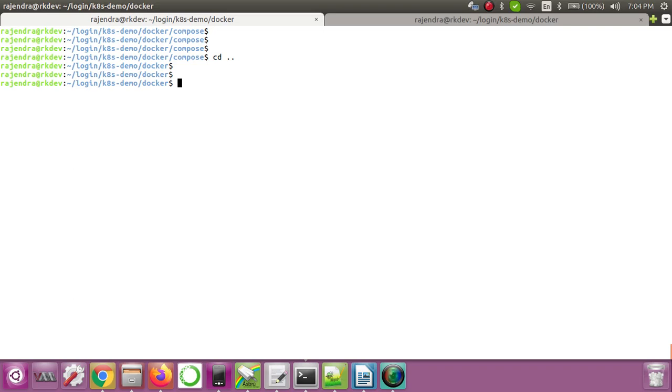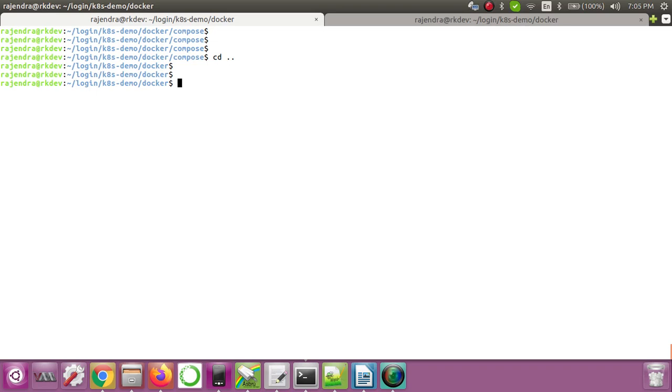And then there is a fourth network called the overlay network. This overlay network is required when you have containers which are running on two different hosts and they want to interact with each other.